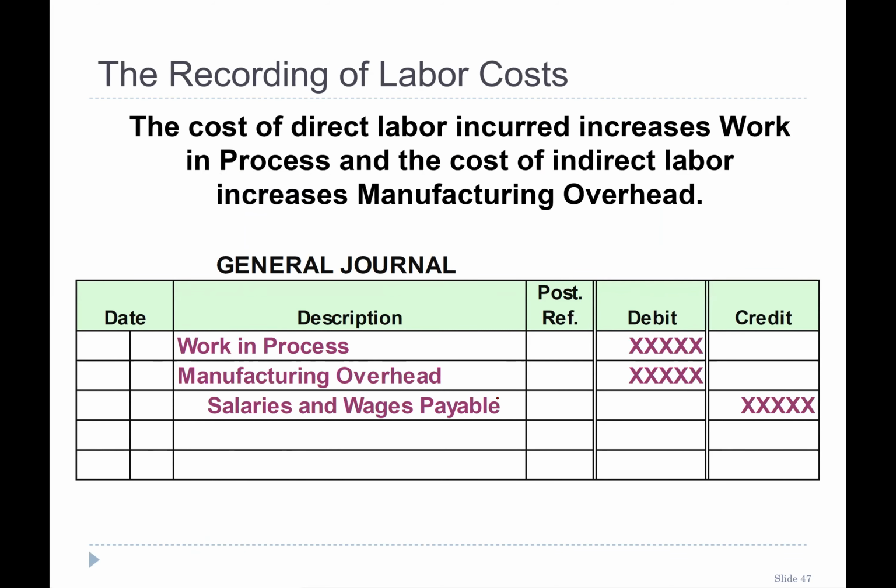So direct labor is also charged to both. The entry would be work in progress, since it increases our work in progress. Increase in work in progress means increase in inventory. Increase in inventory means increase in asset. An asset increase, we make it debit. Manufacturing overhead is our expense increase, always debit. And our liability increases: the workers are working for us, we are not paying them right now, so we call this a liability. So we are increasing our liability. So work in progress, manufacturing overhead, to salaries and wages payable.